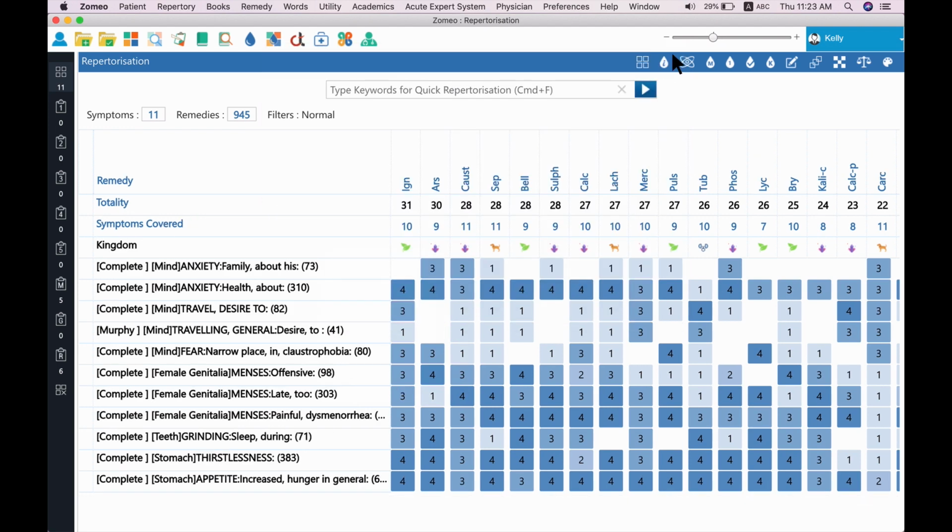Filters and strategies. Zomeo provides the best possible remedies on top of the sheet for your recorded rubrics. In our case, Ignatia, arsenicum album, causticum are the few of the remedies suggested by the software. However, you can apply filters provided in the software to get most accurate remedies depending on your patient's characteristics, most